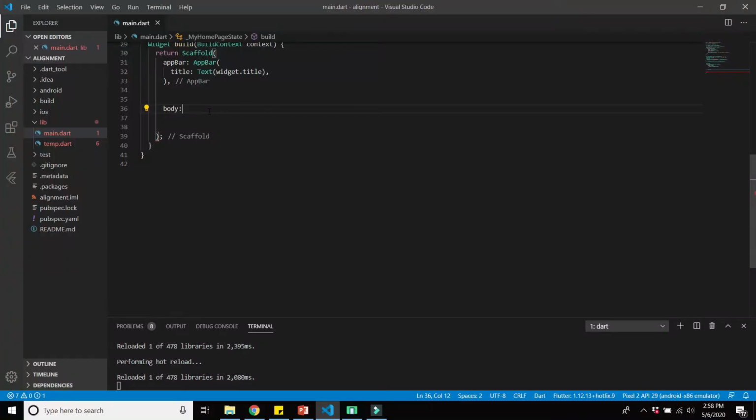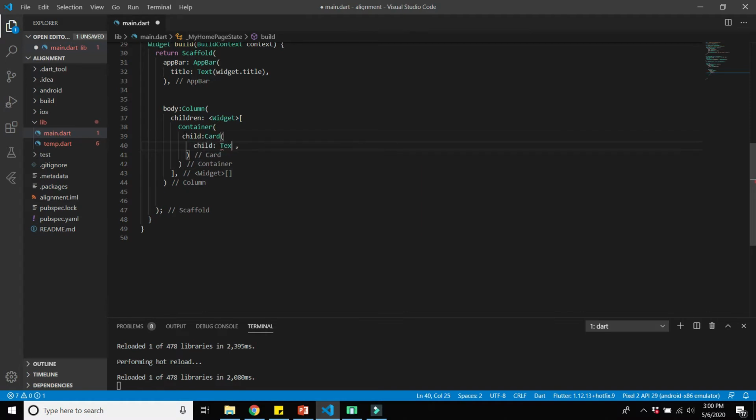So we'll write some code to check the difference between the rows and the columns and the main axis and the cross axis alignment. So I will use the column. Maybe in the middle I will cut the video to make it short. Here I will use two cards. The first card is wrapped in the container widget, so I will use the container widget, and here I will put one card.